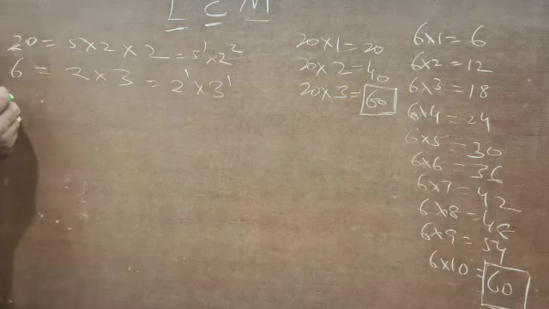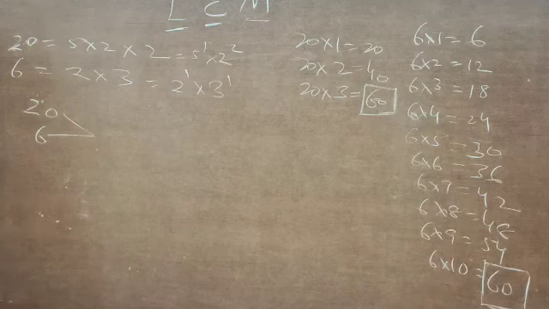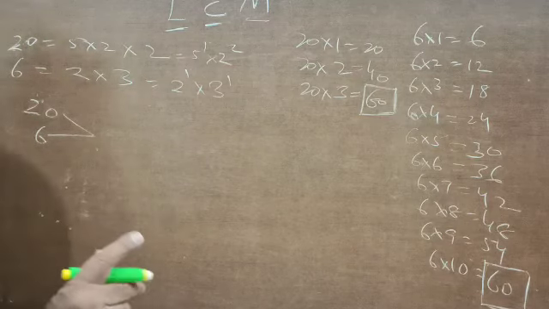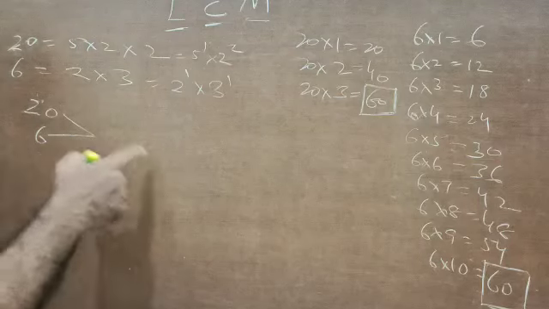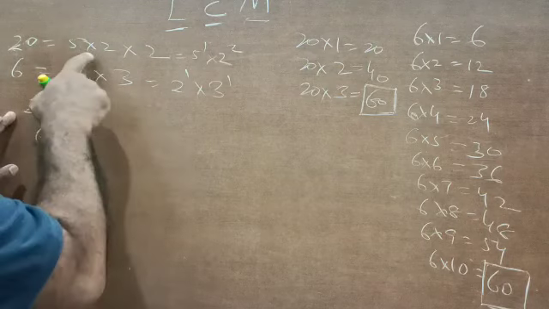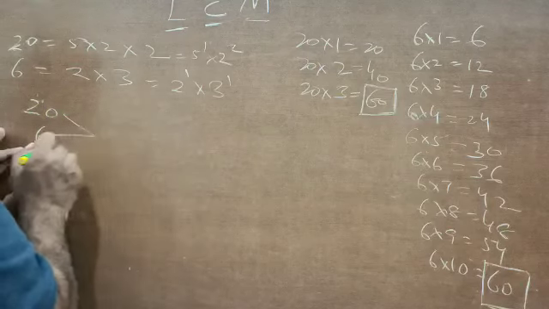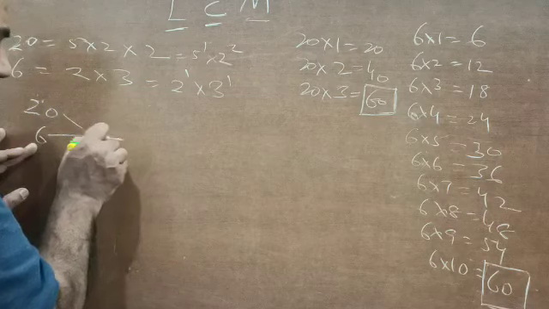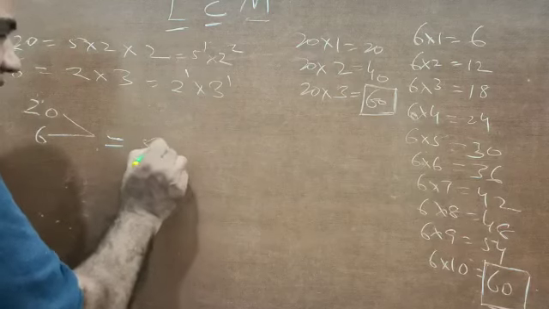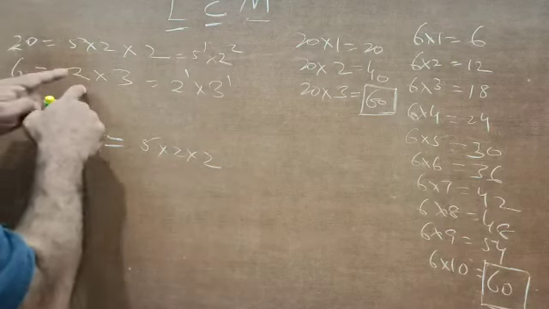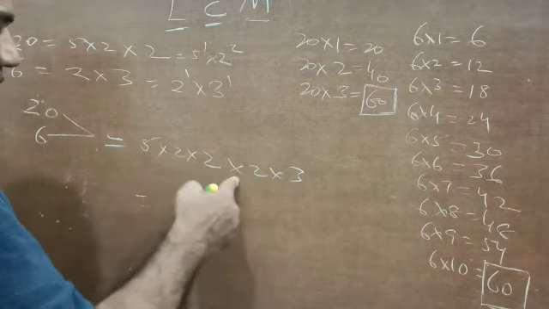Now if I want to find out a common multiple of both 20 and 6, I should ensure, see, initially I am not saying that I am finding the least common multiple, I am finding a common multiple. So a common multiple can be a number which contains all the factors that are there in 20 and all the factors that are there in 6. So every factor that is there in 20, 5 into 2 into 2, and also every factor that is there in this 2 and 3. Now if I multiply, this comes to be 120.